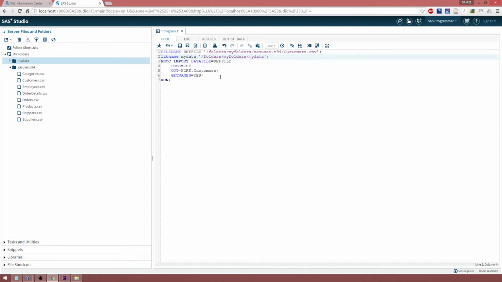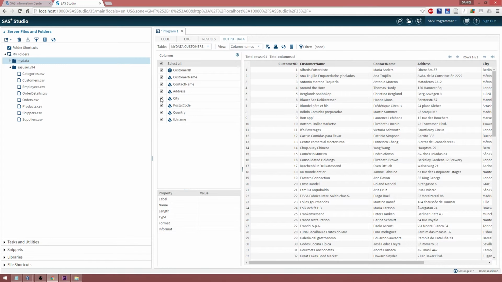Okay, so now if we want to save our data into this library, all we have to do is remove work and replace it with my data. So now our data is going to be saved in that new folder we just created. Let's run it and see if it works. Have a look in my data, and as you can see we have our new data set that we just